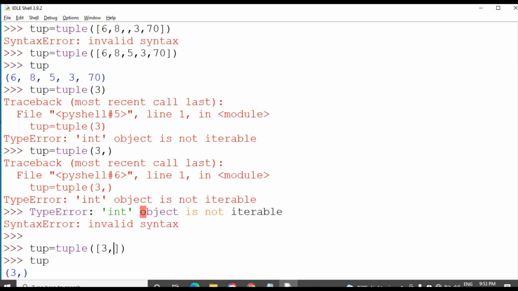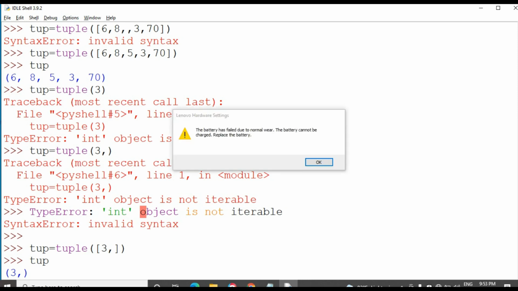Okay, the tuple allows duplicate elements. That means we can take a single element n number of times inside the tuple.